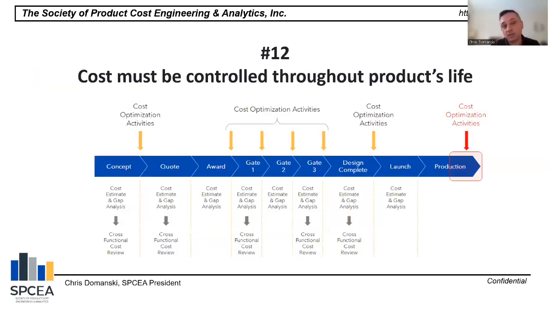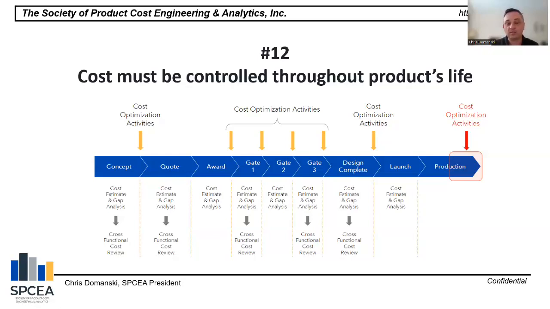And number 12, the cost must be controlled throughout the product life. Again, it's not just after you go to production and you start optimizing. You really need to start at the concept, but then as you're developing the product, which could take, I don't know, depending on what industry you're in, anywhere between 6 months to 5 years, you really need to control it as you go along, because it could really spiral out of control very fast, very easily. And so there needs to be a lot of checks and balances throughout the process. Most companies have